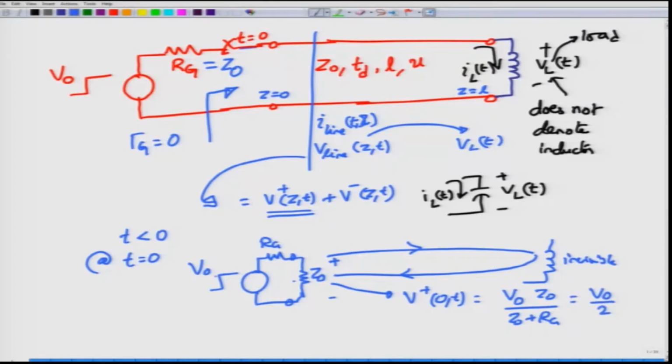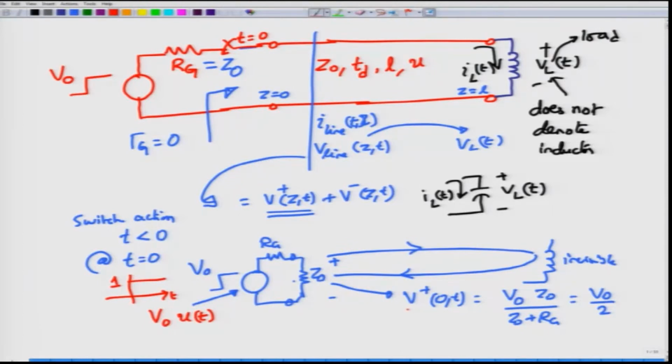However, please note that we can consider the switching action. So this was the switch action, right? The action of the switch is to connect the generator to the rest of the transmission line at t equal to 0. We can model that reaction by modifying the voltage source as V0 u of t, where u of t is a unit step function, okay, which will be 0 initially for t less than 0. So if you plot this as a function of time, this would be 0 initially and it would have an amplitude of 1. So obviously multiplying this unit step function by a voltage V0, we get the step voltage.